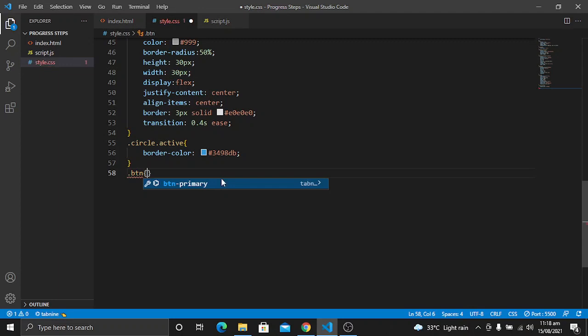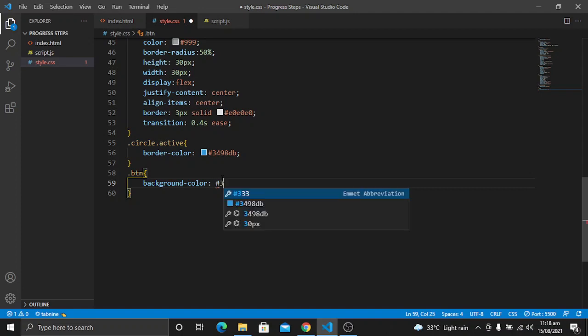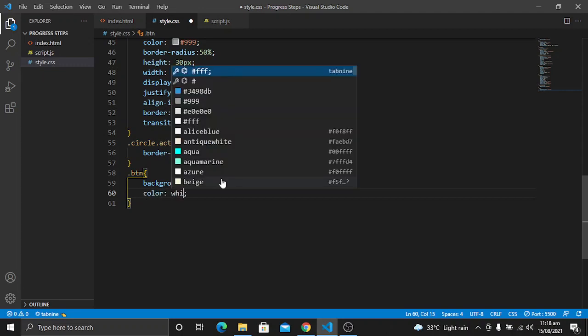So first of all, let's go to the button styling and give it a color of the same that we are using for progress bar, or we can say for circle border color. The background color is going to be this one. The text color is going to be white.